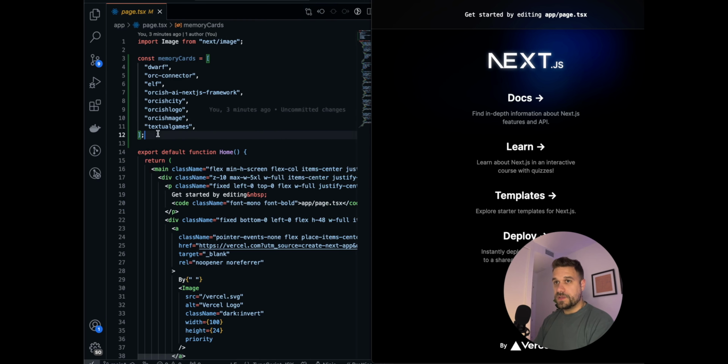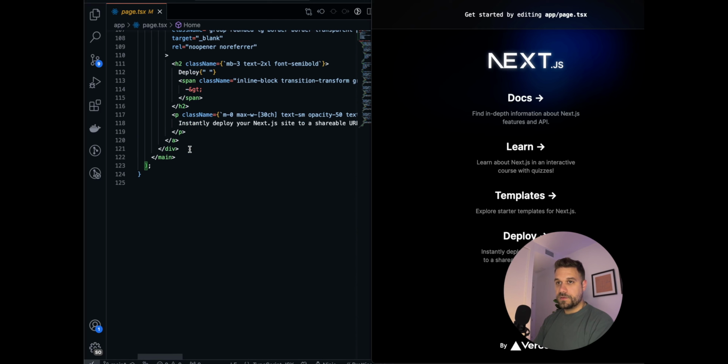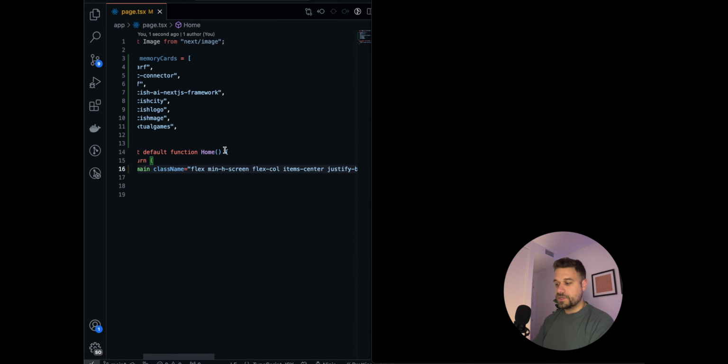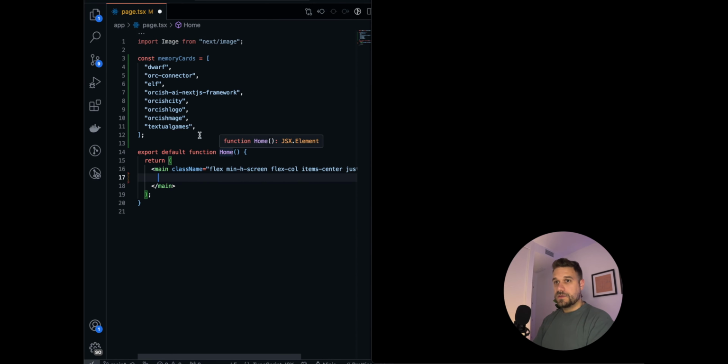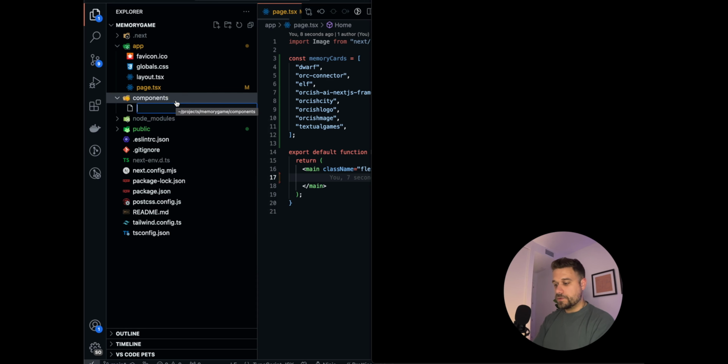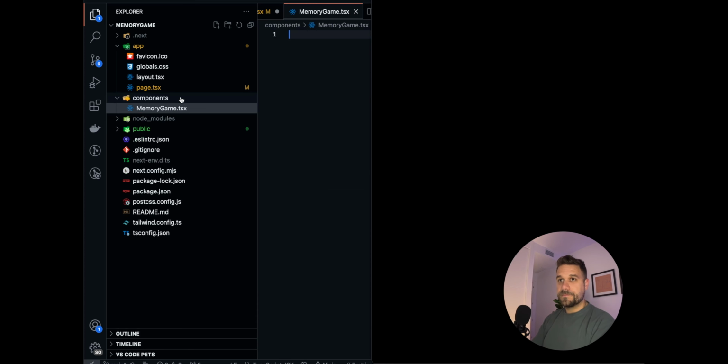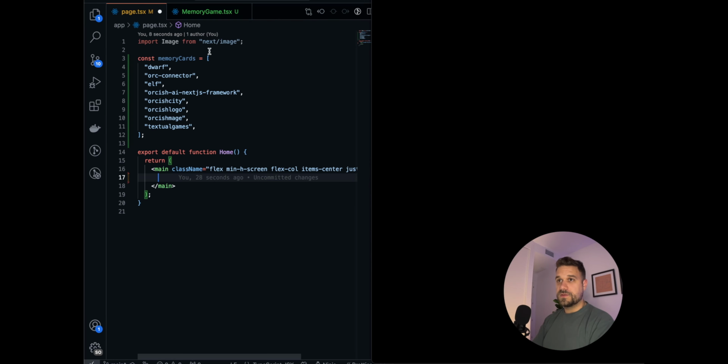So first thing, while we are here, let's delete all the default stuff from Next.js. And here we can already create a new component folder. Components, and we're going to create our, how should we call it? Maybe memory game.tsx. The reason why I'm creating a new component instead of putting it directly into the page is I like to